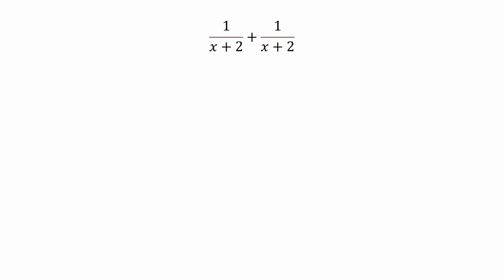So this is two fractions. These are two fractions. Their denominators are exactly the same. So basically at this point we just add the tops and keep the bottom. This one would become 2 on the top, x plus 2 on the bottom. The denominator does not change when you're adding. So we're going to take this understood concept, common denominators, add the tops, keep the bottom, and expand that into